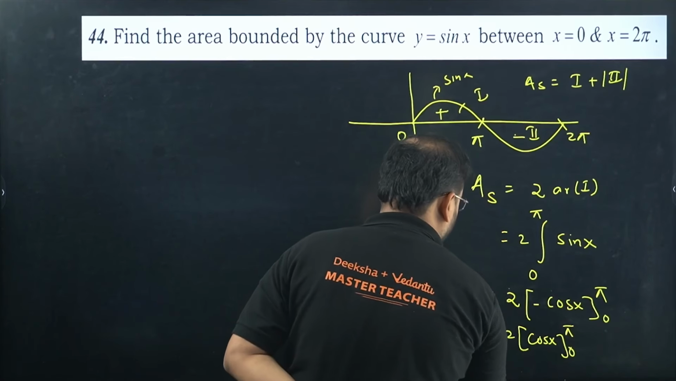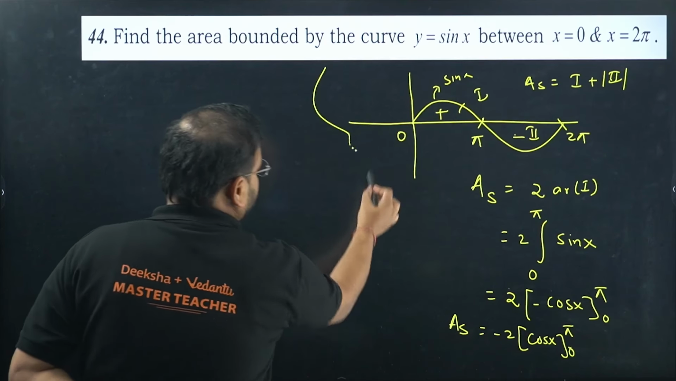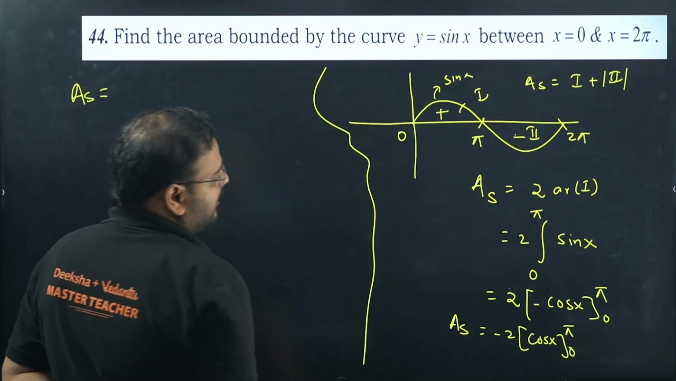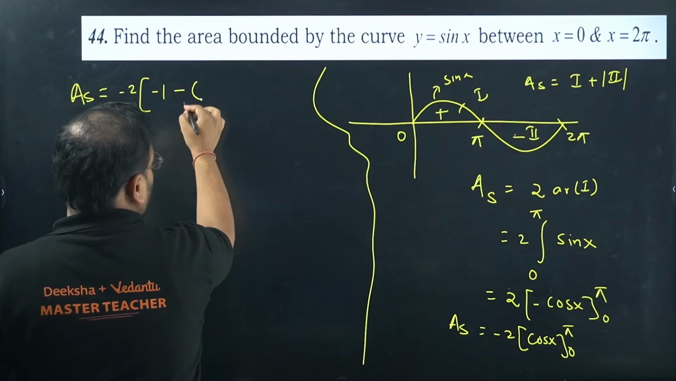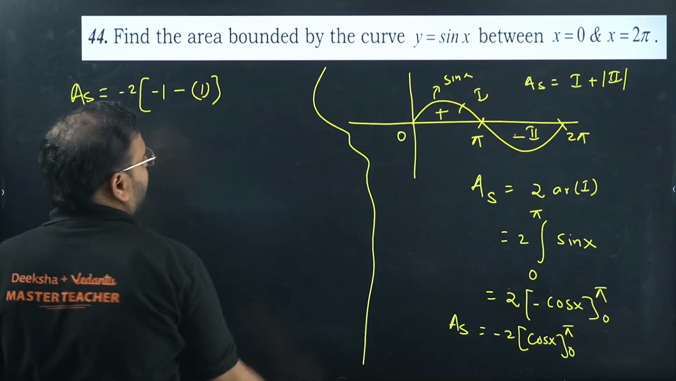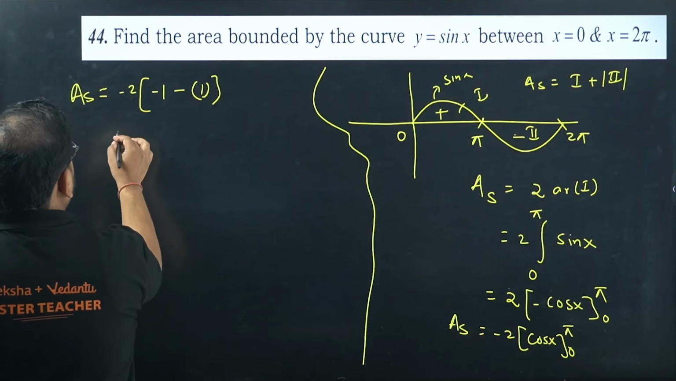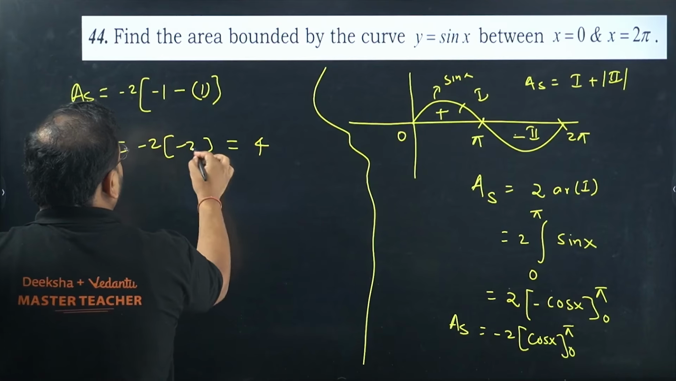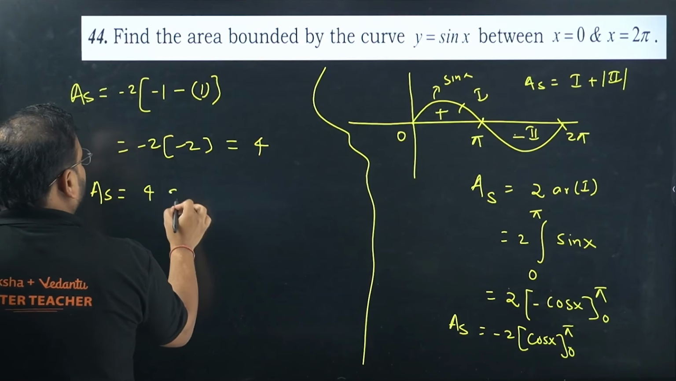This is the area of the sinusoidal function from 0 to pi. Okay, check this out. So area of S will become, what is it? Minus 2 is outside. Cos pi will be minus 1. Minus lower limit cos 0 is 1. Cos pi is minus 1 and lower limit cos 0 is 1. So this value is minus 2 into minus 2. Answer is what? 4. Okay, so I get area of the sine function from 0 to 2 pi as 4